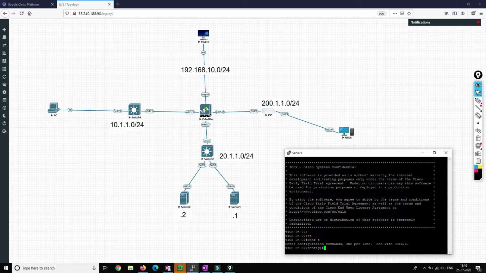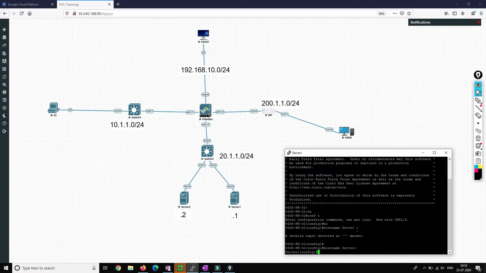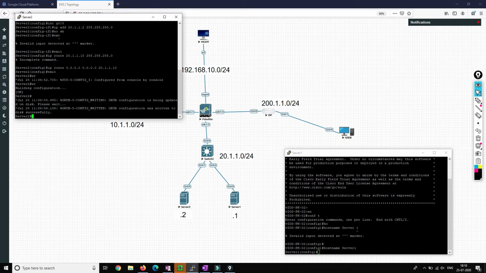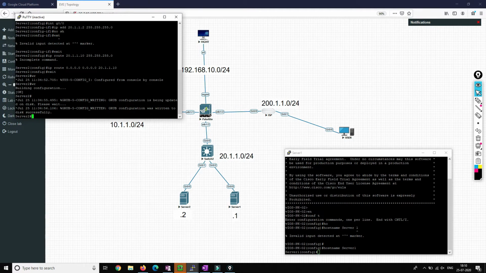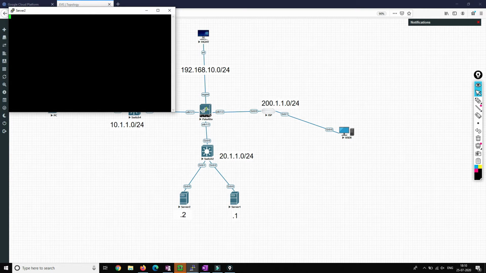We'll go to configuration, and the host name would be server 1. Okay, server 1, and we'll check that for server 2 as well. Yeah, we have lost the connection, so we'll initiate one more time.